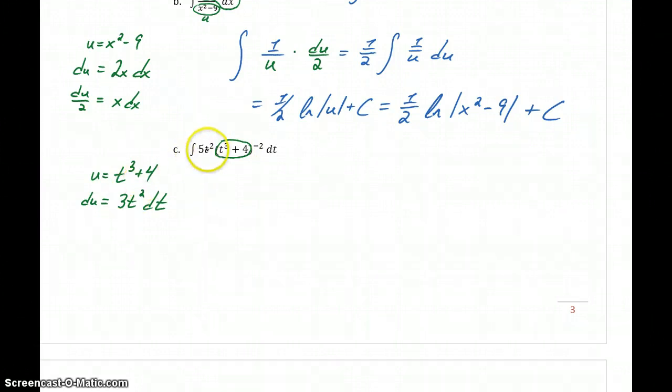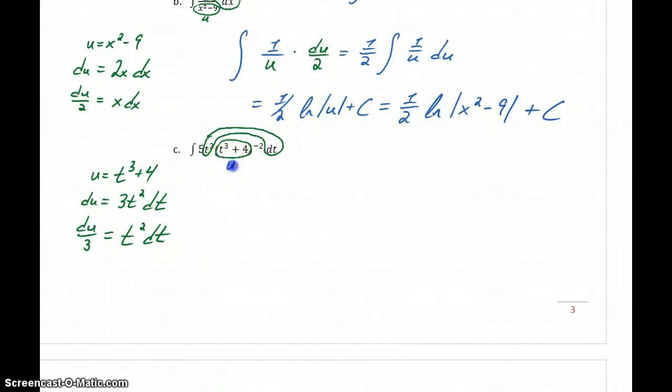So the 5 doesn't match up with 3, so really all we have to swap out is t squared dt. So I'm going to carefully select the t squared there, but not 5, and select this dt. So in place of t squared dt, we could substitute in du over 3 equals t squared dt. So t cubed plus 4 is what we substituted for u, and in place of t squared dt, we'll substitute in du over 3,